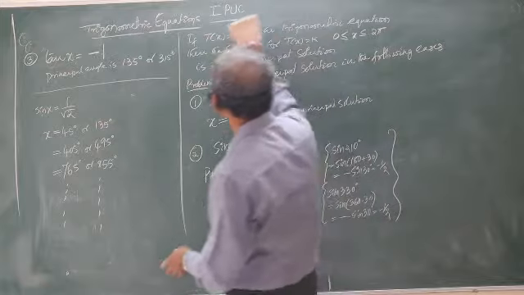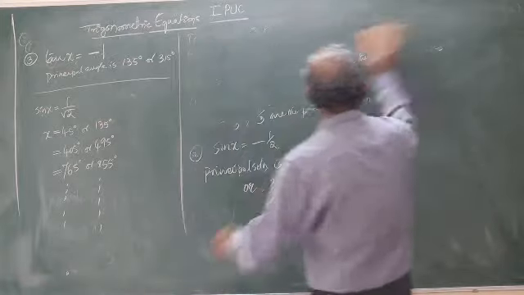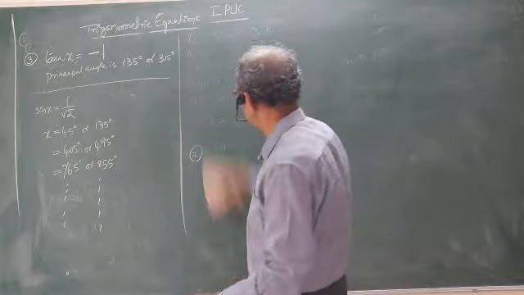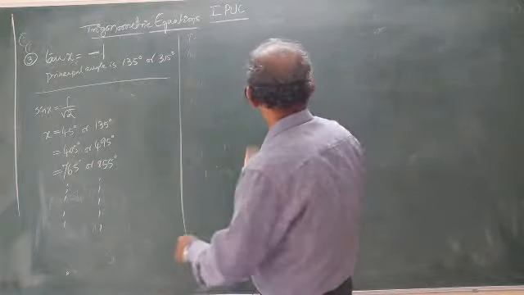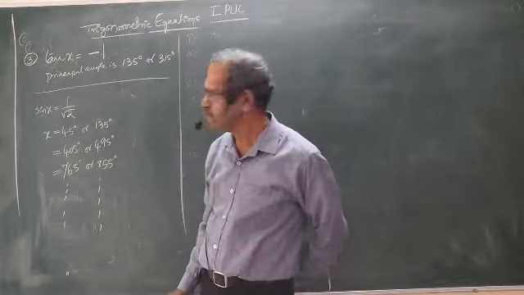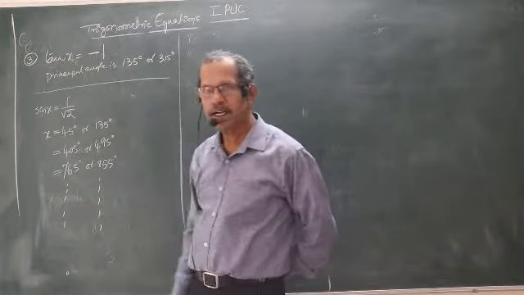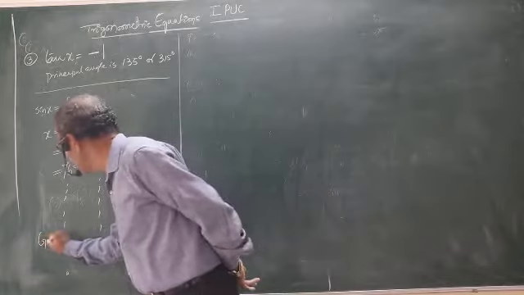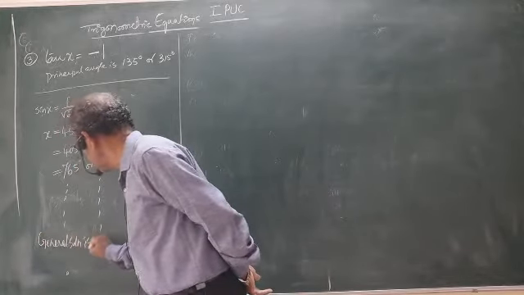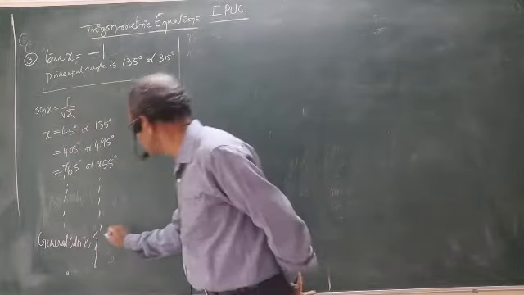Set of all angles satisfying the equation are called general solution. Angle satisfying in between 0 to 2 pi is called principal solution. Therefore, general solution